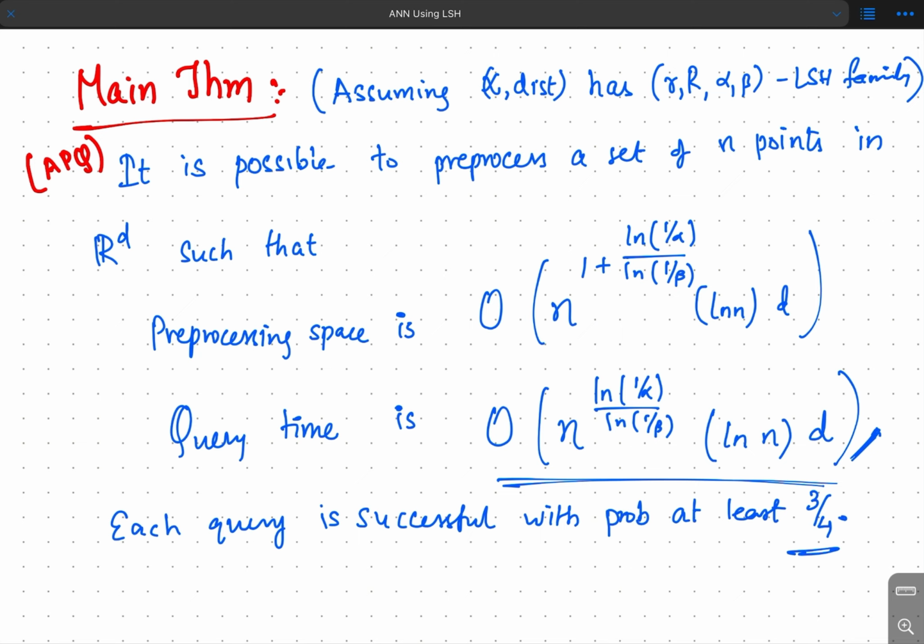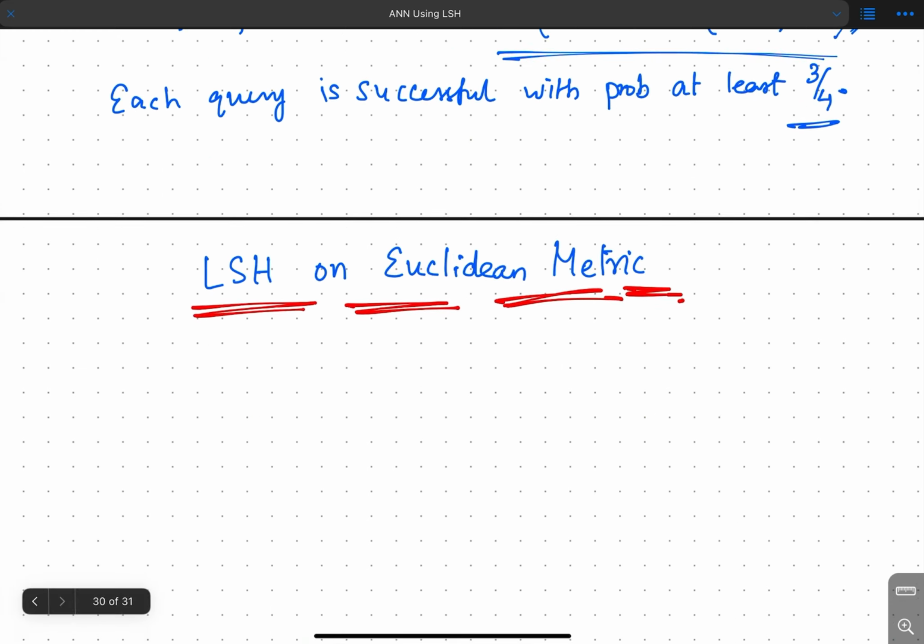Okay, so till now we have seen how to solve approximate proximity query, assuming that there is an LSH family for the underlying metric space under consideration. There is no general procedure to come up with an LSH family for a given general metric space. So depending on what the metric space is, the way of coming up with an LSH family differs. So now we will see